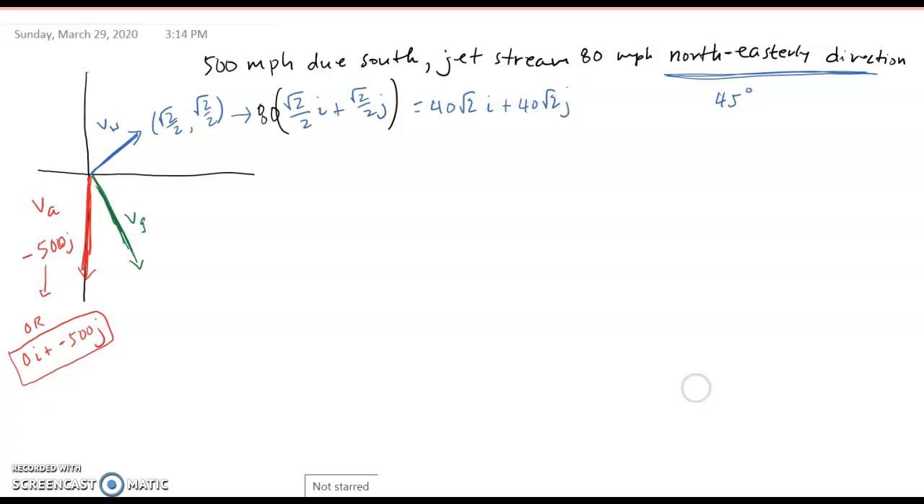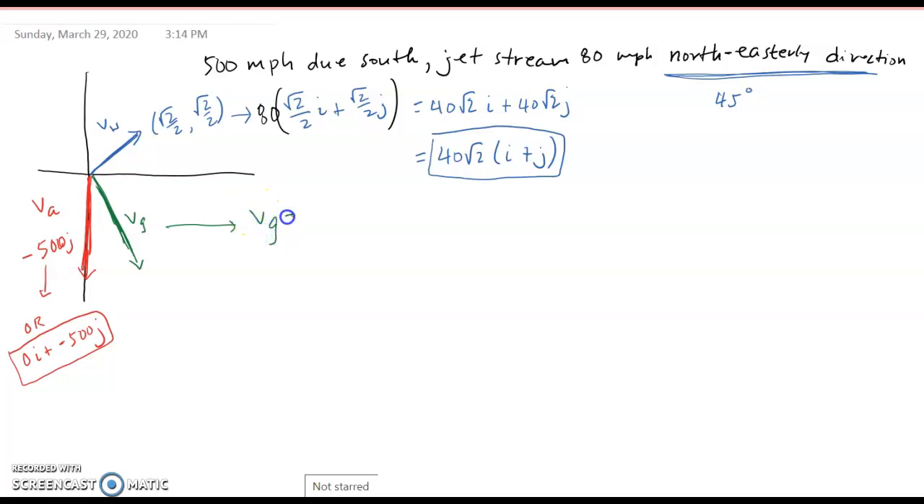Okay, now with the book, you can leave it like that if you want. What the book does is it takes out a factor of 40 root 2 and it writes it as i plus j. Okay, doesn't matter actually which one you use. All right. Okay, so now at this point we have enough information to figure out part of v sub g. Okay, so we know that v sub g, right,